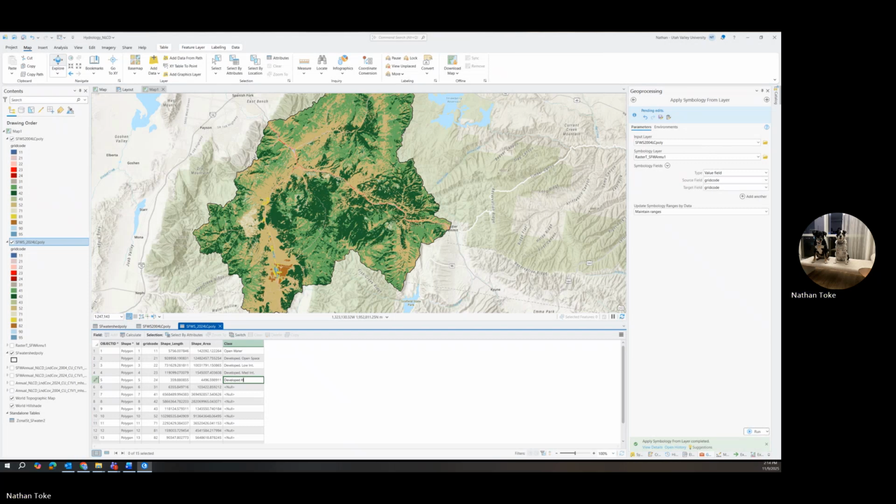Developed high intensity. So this is a bit tedious. And then barren land, and 41 is deciduous forest. And then we have evergreen forest, mixed forest,